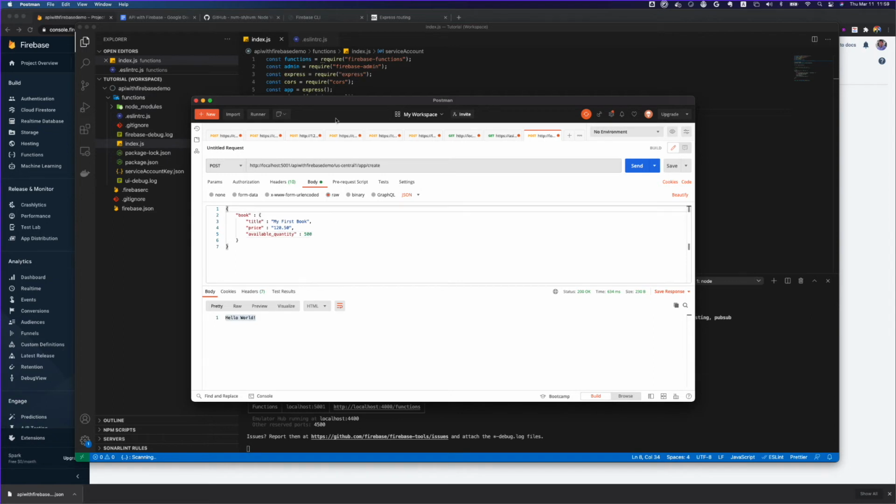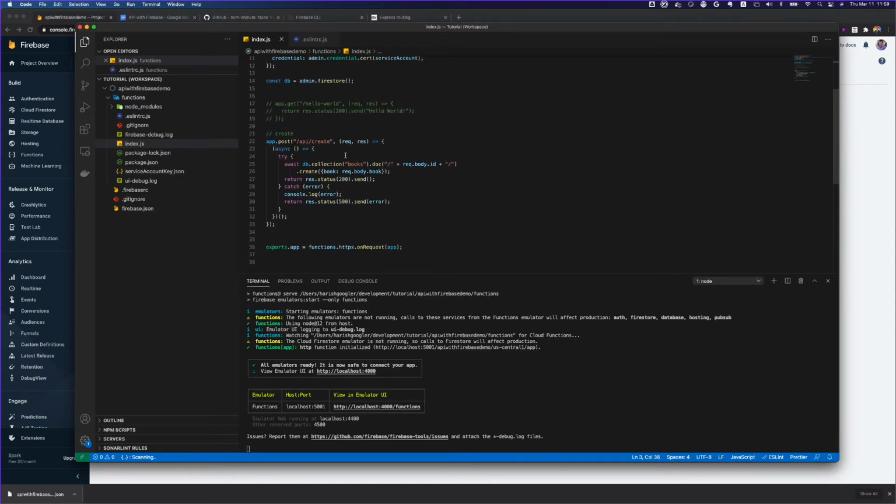So why book? Let's understand this code which I have written here. So it's API/create, this is our path, and it is a post method, and then there will be two variables available, request and response. So we are writing an async function which we have created here, and we are awaiting for this DB collections to be finished. What it is doing is we are connecting to this collection called books, and then we are creating a document like request body.id, and we are creating a document from here.